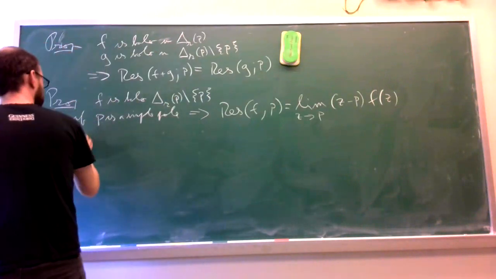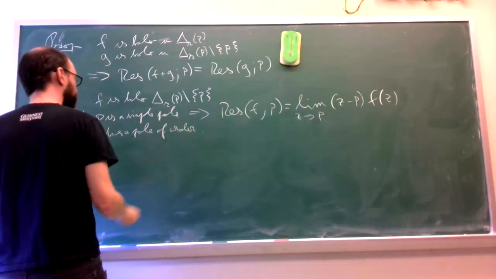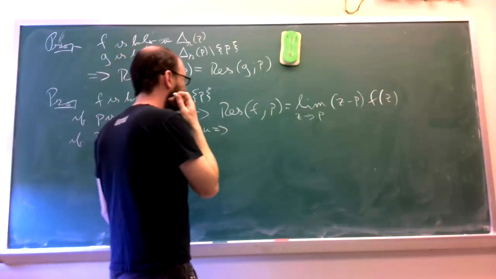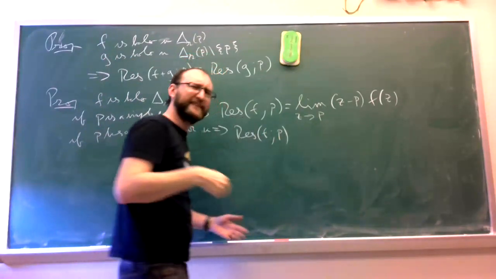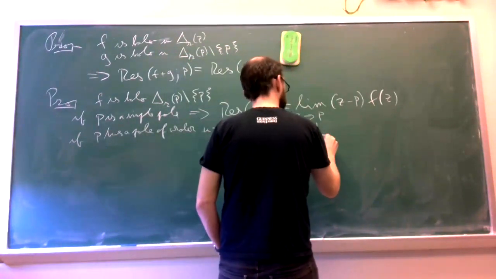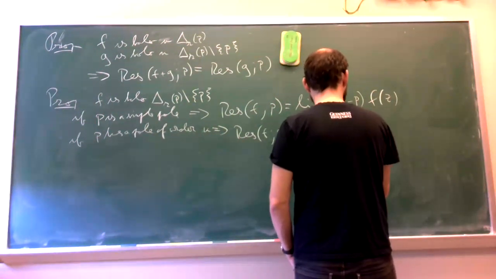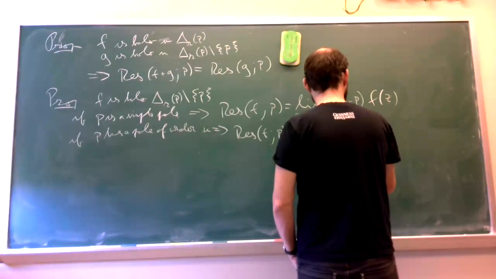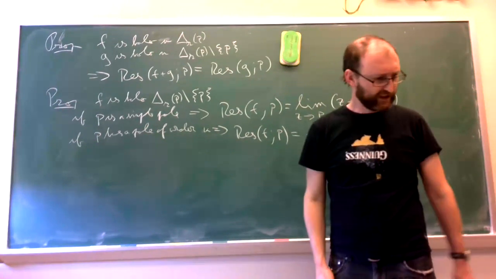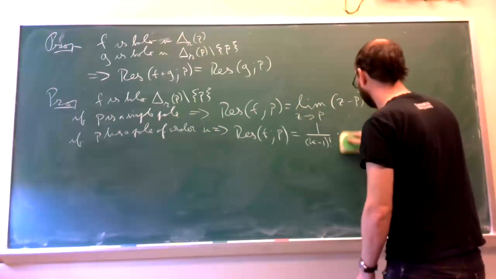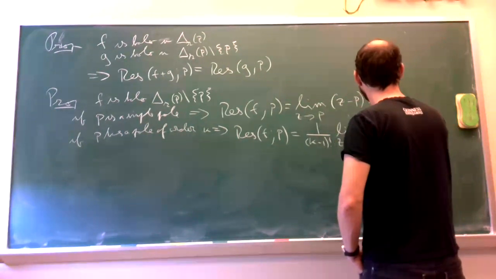Now, if P has a pole of order k, then there's a way to generalize this. The residue of f at p is a little bit more complicated. So 1 over (k minus 1) factorial. Then I have the k minus 1 derivative. Oh, yeah, and I forgot to put in the limit. I'm forgetting something. Limit as z goes to p of the k minus 1